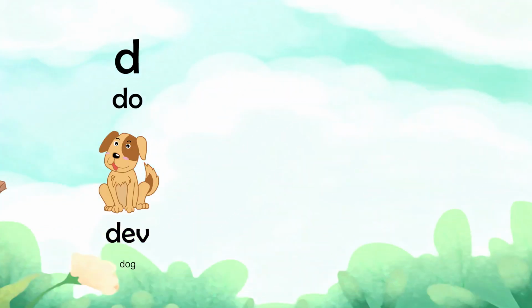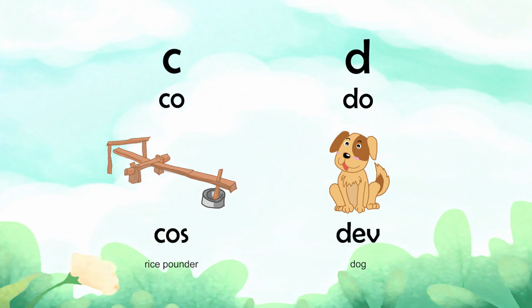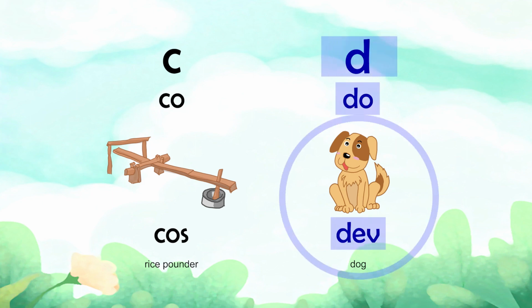Before we begin, I want to clarify how we're going to read this. Instead of saying the letter sound, I'm going to add the consonant with a vowel. So instead of saying y, I'm going to say yo. So instead of saying d here, I'm going to add the vowel and say da, so that it's a little easier to hear the sound of the consonant. I will also give an example after the sound of a consonant. So instead of saying yo, I will say yo, yo. So instead of saying da, I will say da, day.